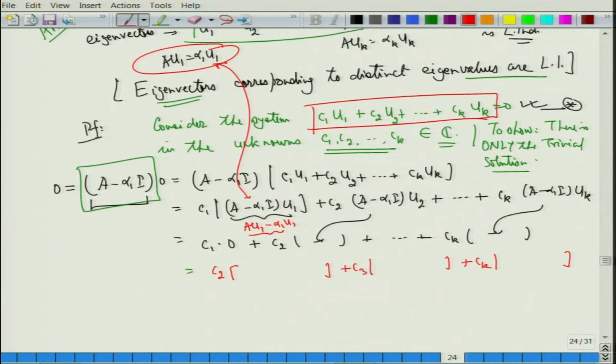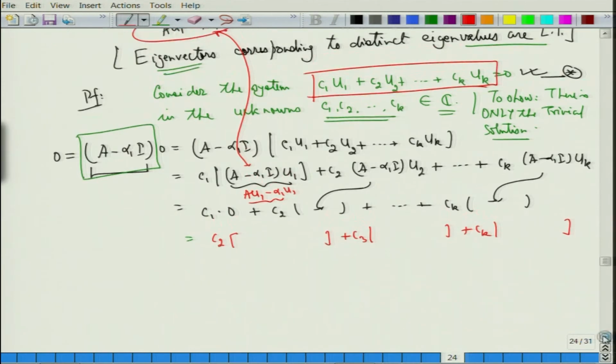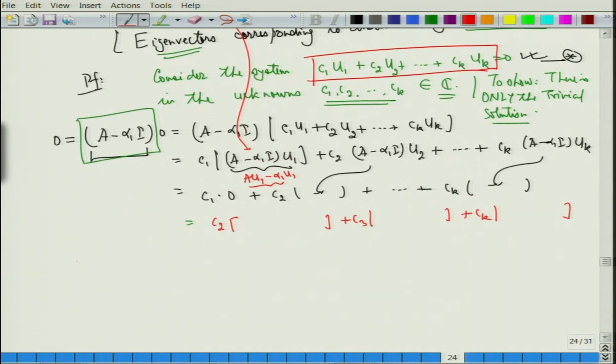This is more important. You are trying to go back to your Gauss elimination method, where at each step we have tried to reduce the number of unknowns. So we removed C1, now I want to remove C2, fine. If I want to remove C2, what do we need to do? I need to multiply A minus alpha 2 I to this equation, all right. Because what I know is that if I multiply this, then A minus alpha 2 I of U2 will give me 0, fine. So I need to multiply by this,